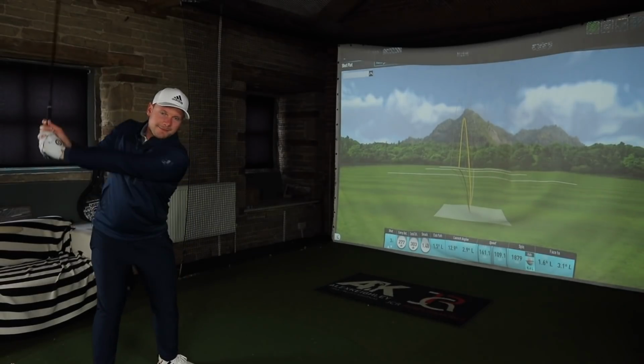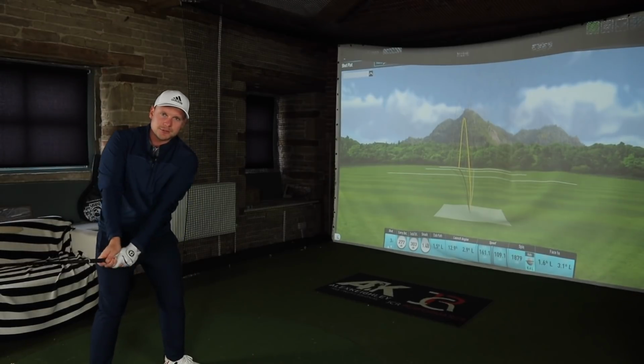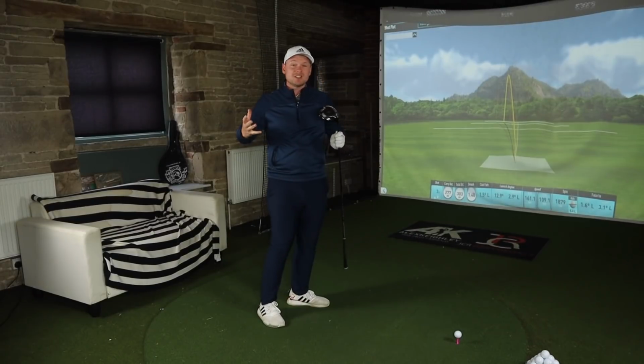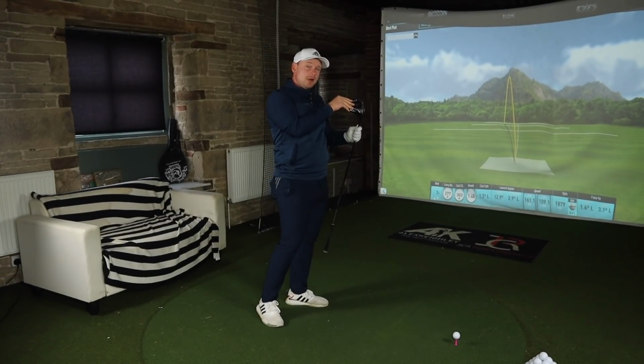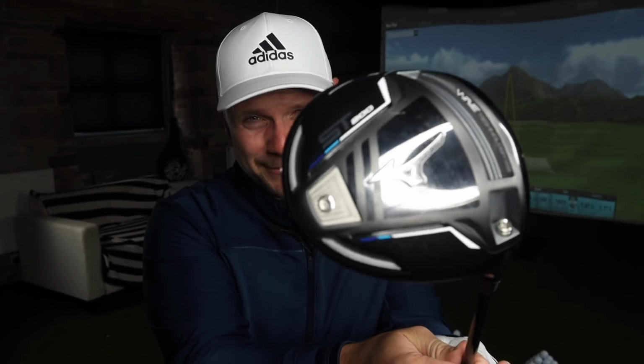Really well. Okay guys, so before we were rudely interrupted by that mammoth drive out the bottom of the club, I was going to say that the Mizuno does have an 11.3 or 11.7, I'm not entirely sure which one. I think it's 11.7, come to think of it, gram weight in the back, whereas the Cobra does have a 14 gram weight and a 2 gram weight, which are adjustable, so you can alter CG. Obviously the extreme version does come with a fixed weight in the back, so you could say that really I should be testing the Mizuno ST200 against the Cobra Speedzone Extreme, but then the Extreme's still £349, whereas you can pick this up at